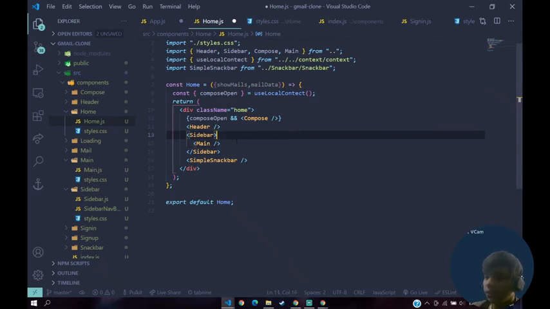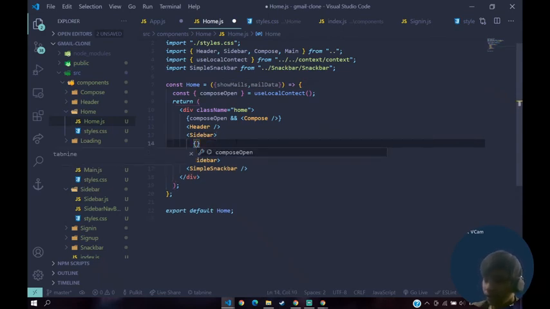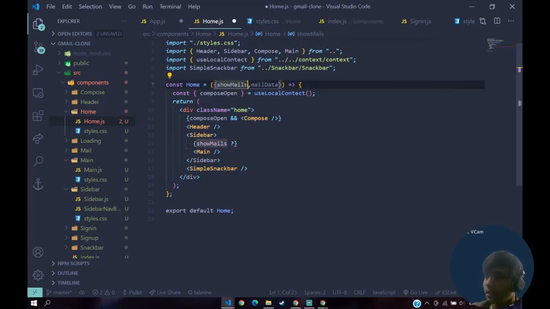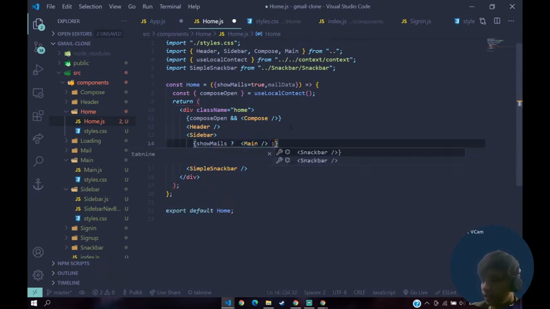So here we'll use a ternary operator. We're going to say if showMails is true, and by default it's going to be true. Basically if you don't pass in showMails, then the value will be true. If it is true, then just render main, and in case it is not true, then render our mail. For now let's just render our mailData.body, or to check, let's render our id. Here it should be a capital D.